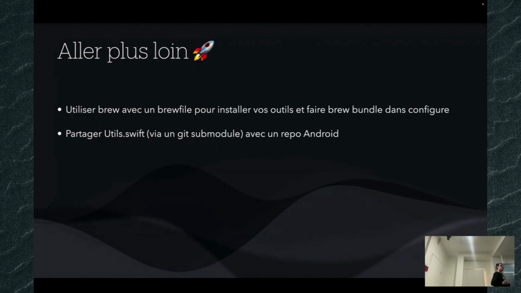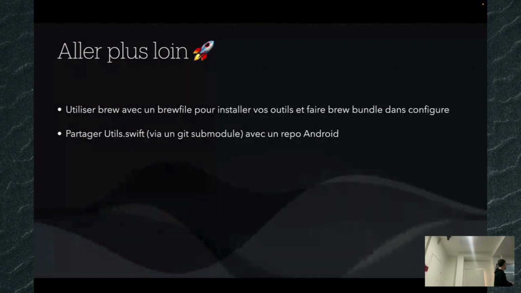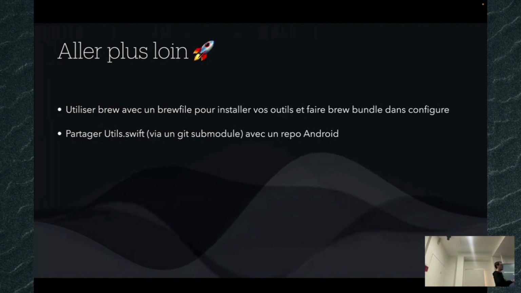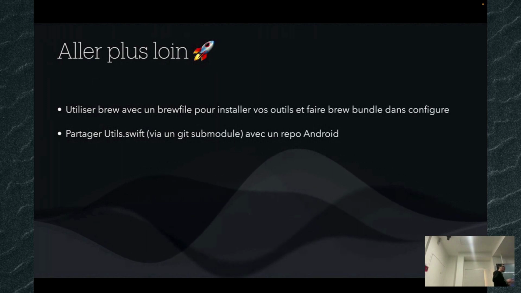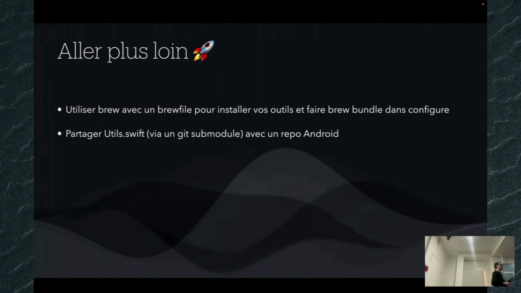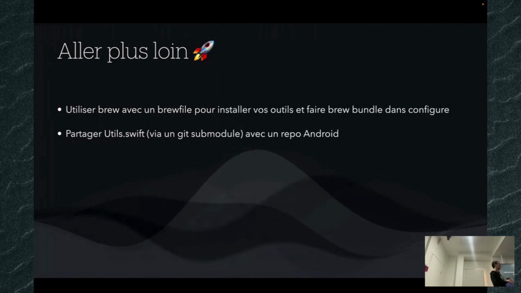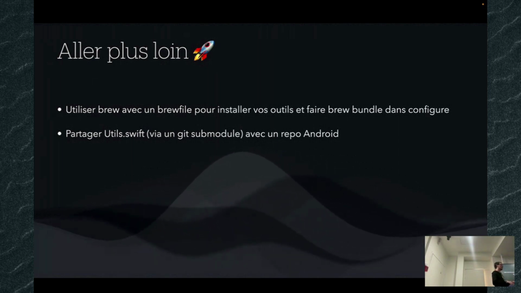But the problem is, everybody doesn't have the same version of SwiftLint if you are using it on the command line, because if you are using it in the Git hooks, you will have to have SwiftLint installed locally and not with CocoaPods or SPM. And the problem is that you cannot control the version: who has SwiftLint version 1? On my machine, I have 1.1, so probably not the same rules.